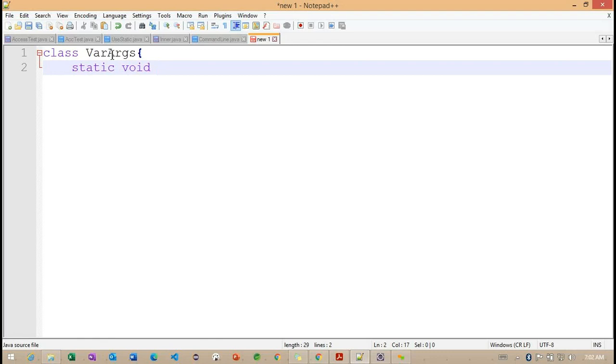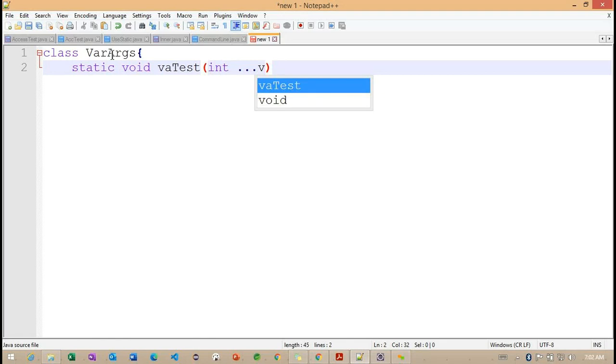What is the name of the method? VA test. And here I'm going to add this section, which we call a vararg.